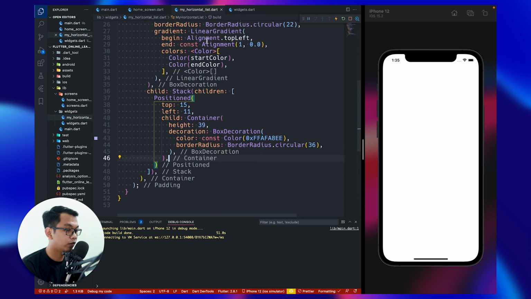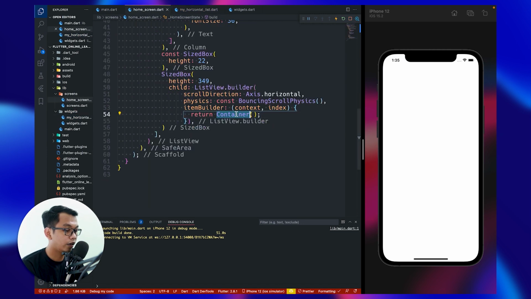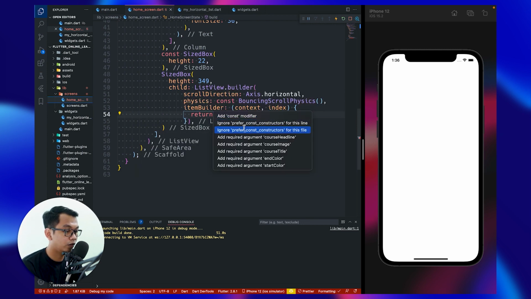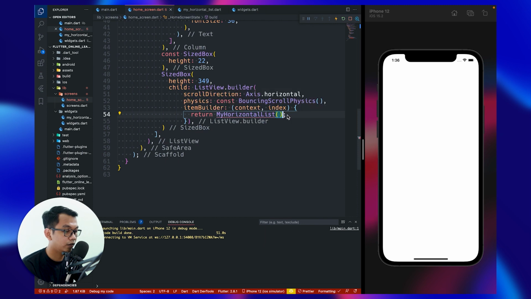Okay, so let's go back to our home screen, and now we can call our horizontal list, and we need to say right here, I think.